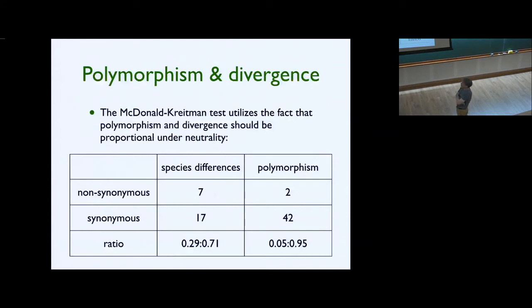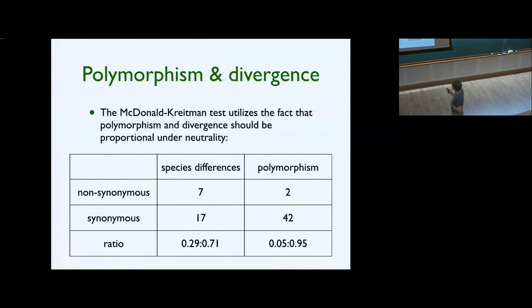Polymorphism and divergence, there are many different versions of this. The most famous one is probably the McDonald-Kreitman test that utilizes simple facts from neutral theory, that the level of polymorphism should be proportional to the divergence from an outgroup under neutrality, right? This is just a coalescence tree between species and a coalescence tree within species, right? And think about it, there are the branch lengths, and you just throw on the mutations, right? And if you then compare different types of sites here, synonymous and non-synonymous, and look at differences between species,